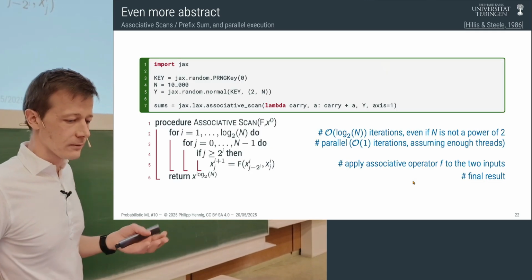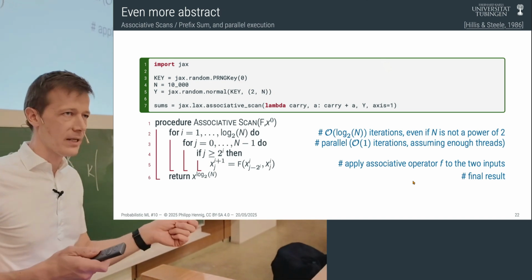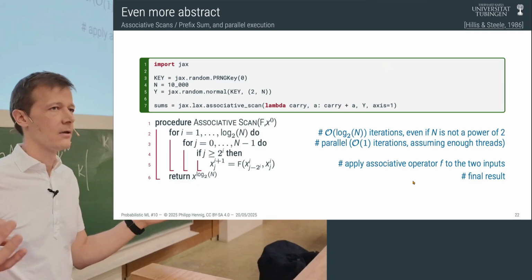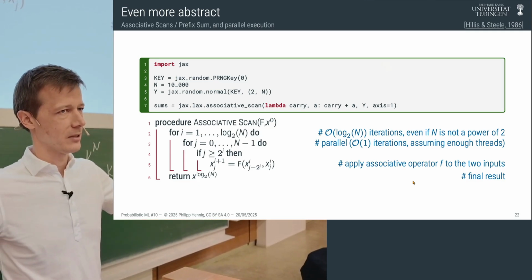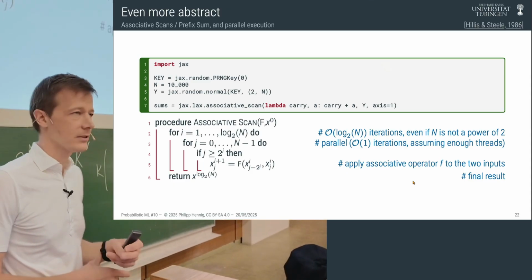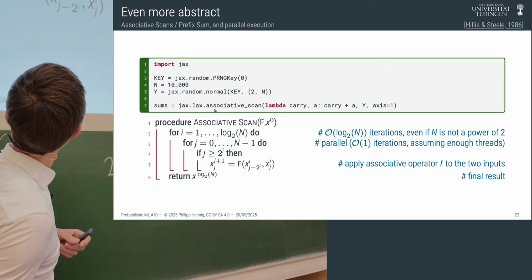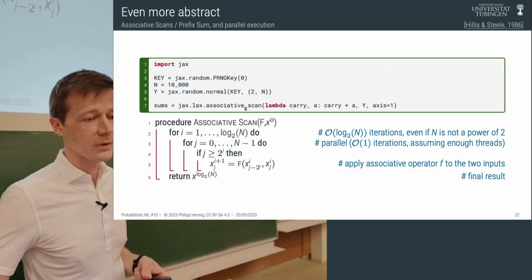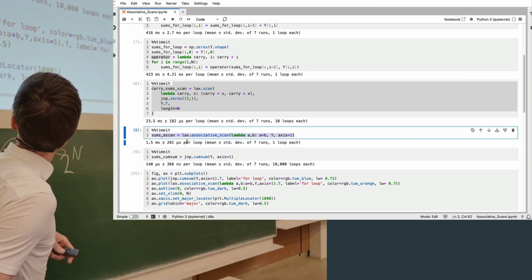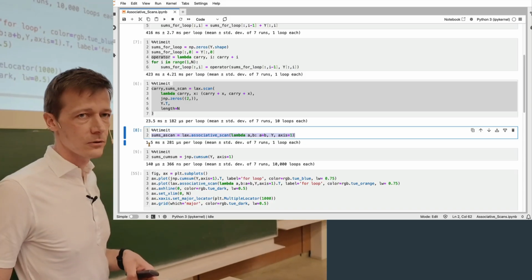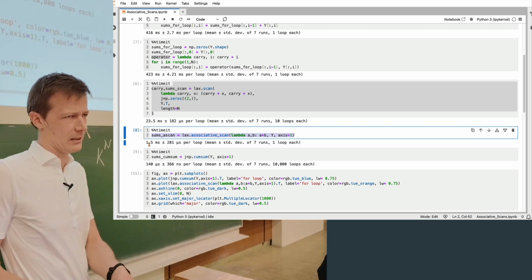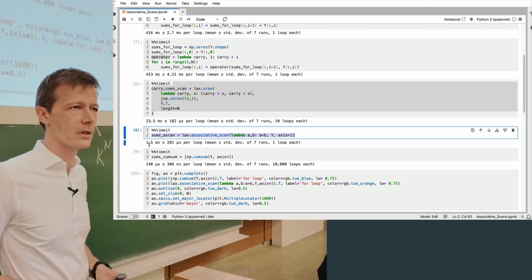That algorithm, therefore, has runtime complexity O of log n, where n is the length of the array, assuming that you have arbitrarily many threads available. And JAX, conveniently enough, because it's written by people who care about this, actually has a pattern for this called an associative scan, which we can call, and I do this in my code here, with this add operator, and you can see it runs again about 20 times or 15 times faster than the normal scan, using a bunch of threads on this little machine here, which doesn't even have a GPU.